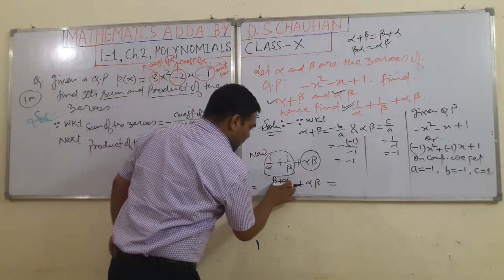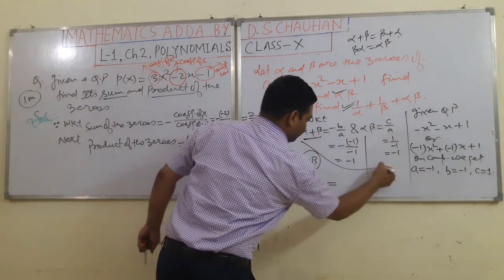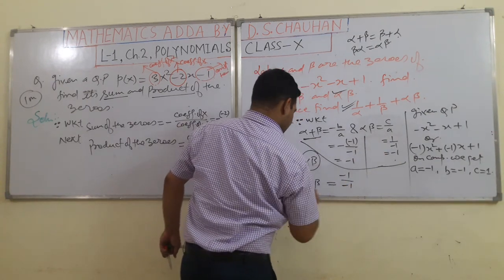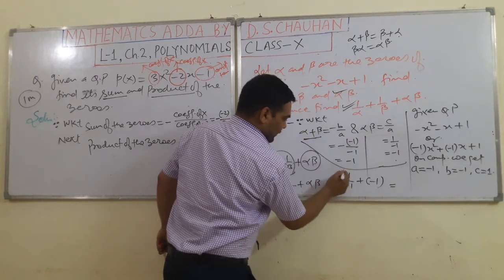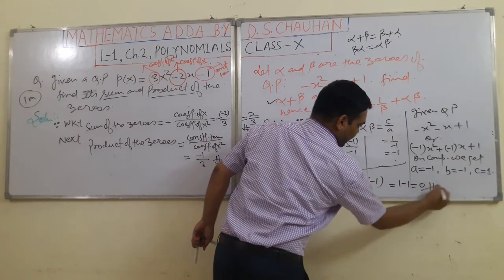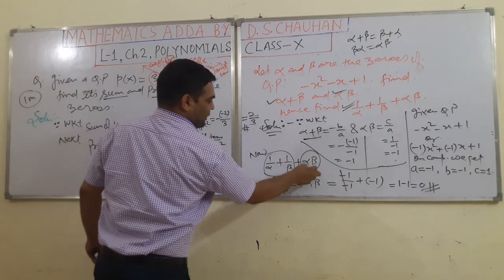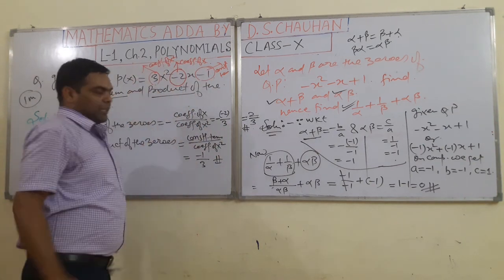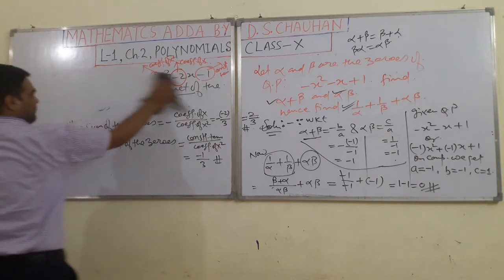So beta plus alpha, how much is it here? It is minus 1. So putting the values, this is minus 1. Alpha beta is also minus 1. Plus alpha beta, it is minus 1. So now what will you get here? This is cancelled. This is plus 1 minus 1 together. What will you get here? 0. So the value of the expression 1 upon alpha plus 1 upon beta plus alpha beta is 0. I hope all of you are satisfied. Well students, now see some more examples for a longer time.